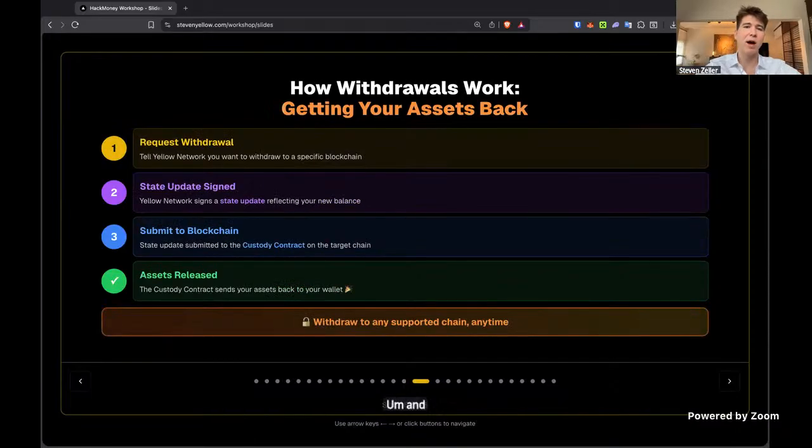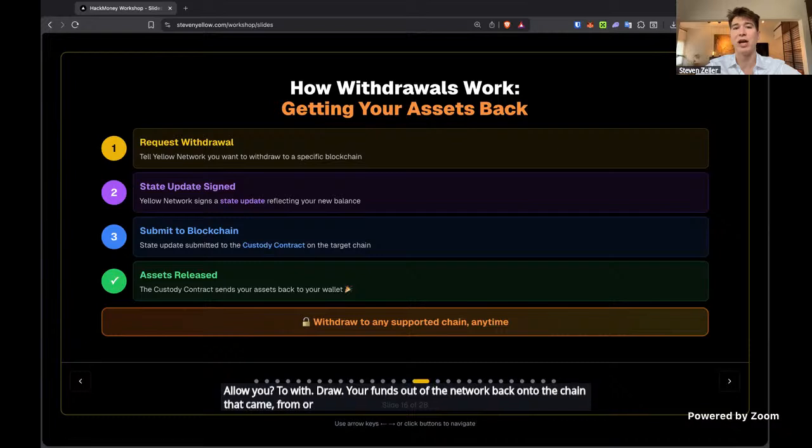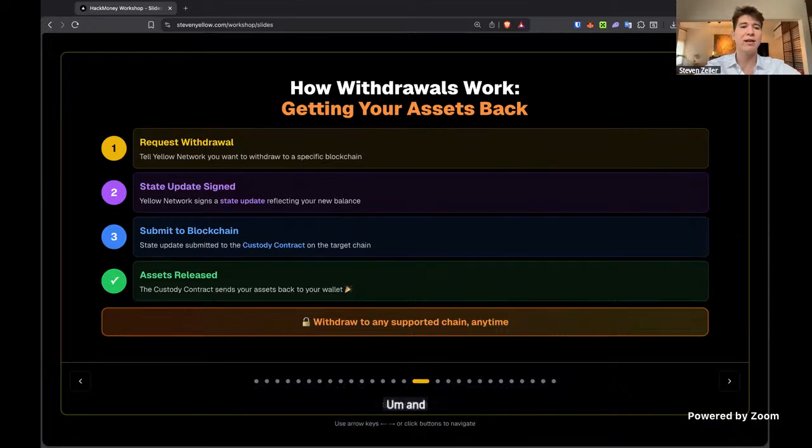In the same way, the channels to the blockchain allow you to withdraw your funds out of the network back onto the chain they came from or onto another chain. And so you can withdraw on your own without having to ask permission.